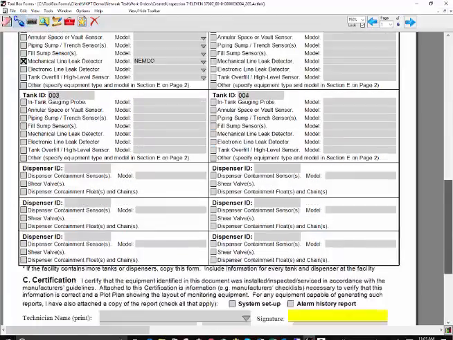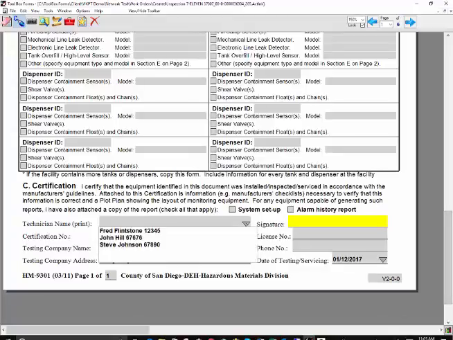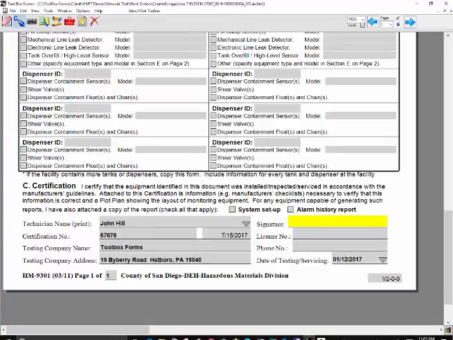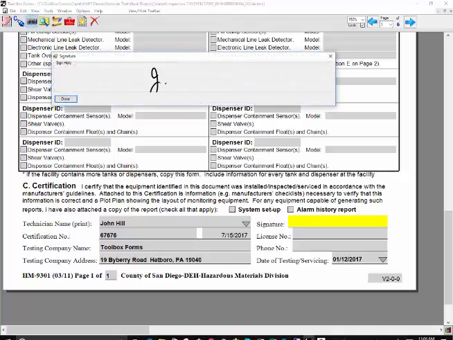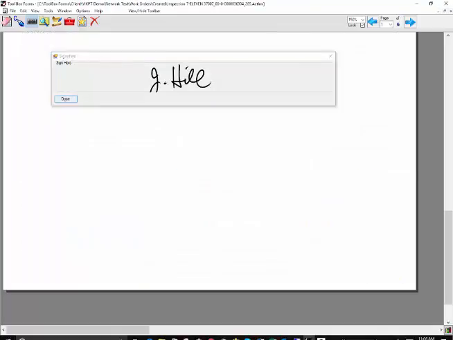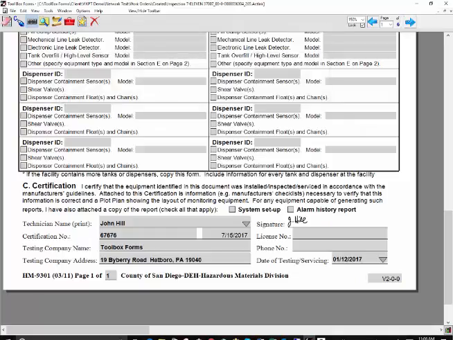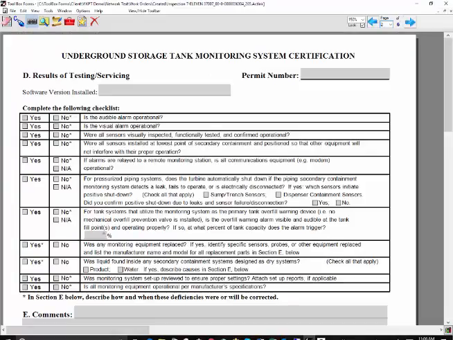And then I can go down to the bottom of the page. You see that I can just pick the technician name from a list. I'll pick myself. It automatically enters my certification number and the expiration date for the certification. It automatically enters my company name and address. Could add a license number and phone number, but we don't have one. For the signature, I can go ahead and put that in. I like to have this little bigger area for signing, so I'm going to go ahead and put that in there. I can go on to the next page, and then I can just start my checklist